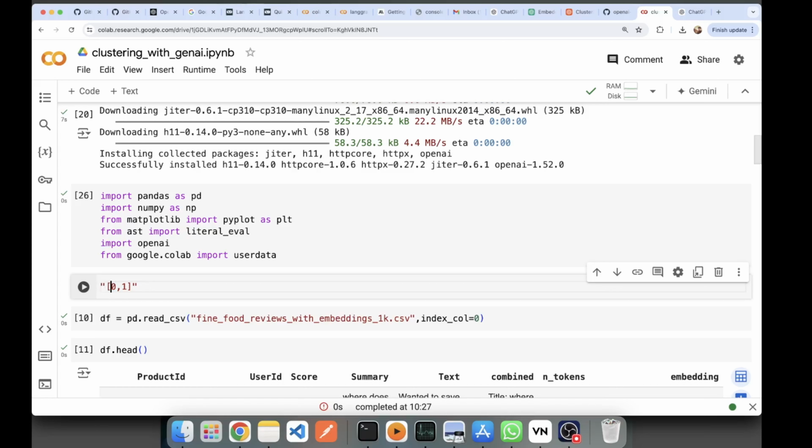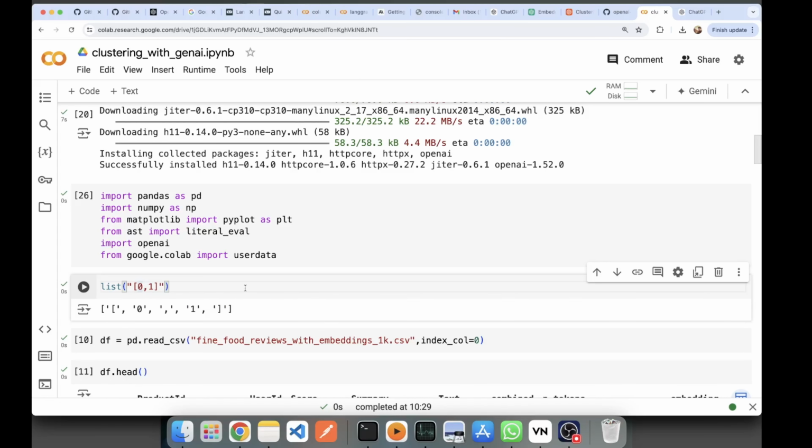The first thought which might come to your mind is, let me use a list casting function, but the list casting function will also consider the square brackets and the quotes. Boom. Now what to do? Let's say I have data in this format, which is how we generally have embedding data, and it is stored in storage in the form of a string. How to get the embeddings? How to cast it? The solution to the problem is you can use literal_eval